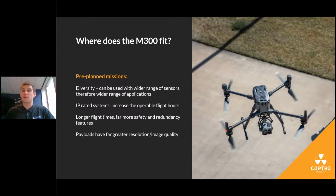Again, because of this IP rating, it's as close at the moment as you can get to a drone you can fly in all conditions. There are going to be conditions, when it's super heavy rain, really strong wind, maybe thunder and lightning, all that kind of stuff, storm conditions, where maybe you're going to want to think twice, but most conditions you're going to be able to fly this system in. You've got those longer flight times, and you've got a huge amount of safety and redundancy